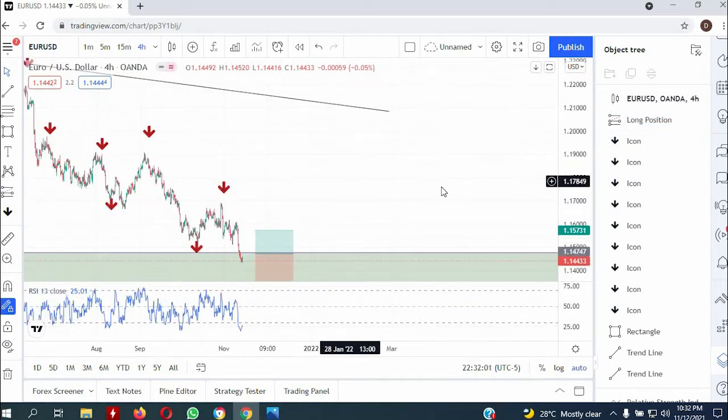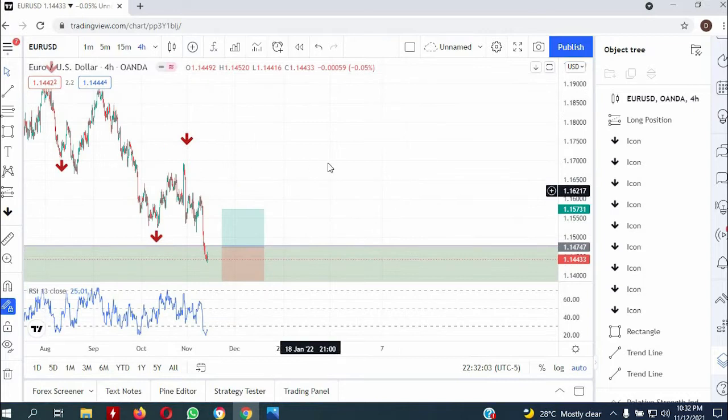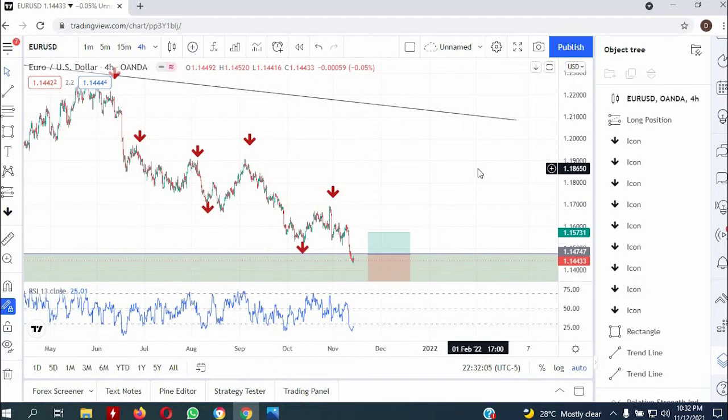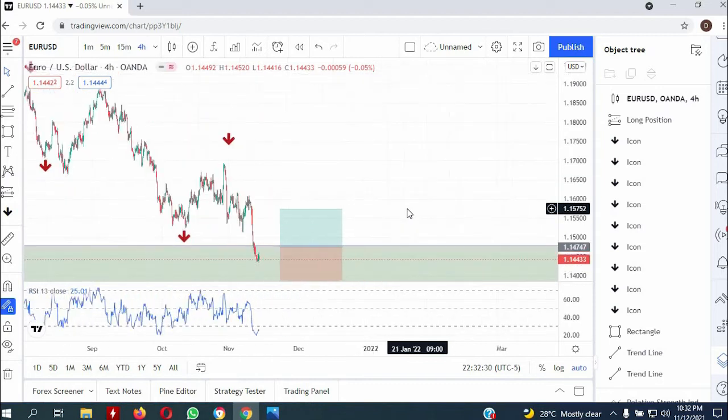Please be reminded, guys, that if you are going to trade based on my analysis, no analysis is 100% accurate, right? So trade at your own risk, and I cannot predict exactly where the market is going to go. So this is just technical analysis, right? So trade at your own risk. However,